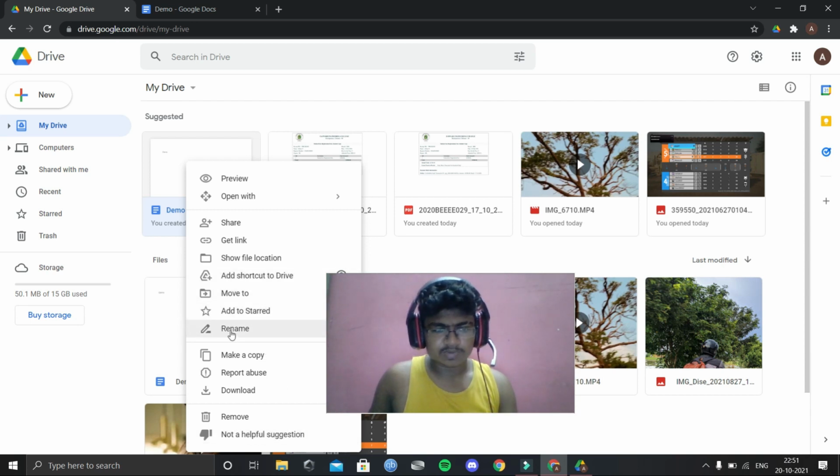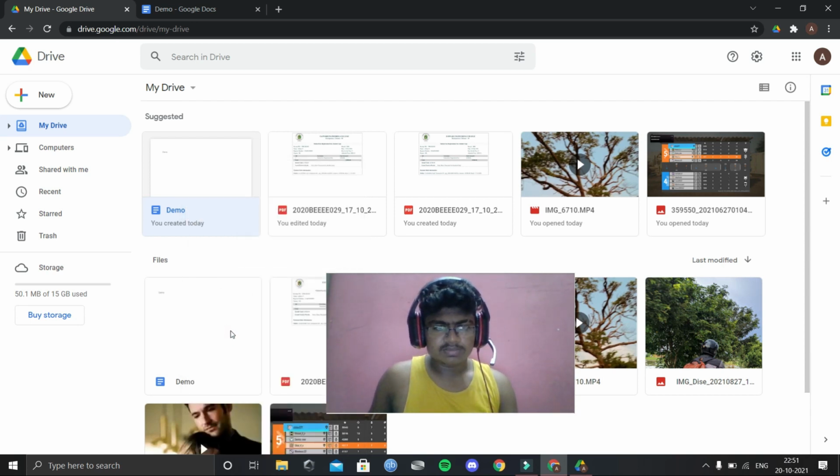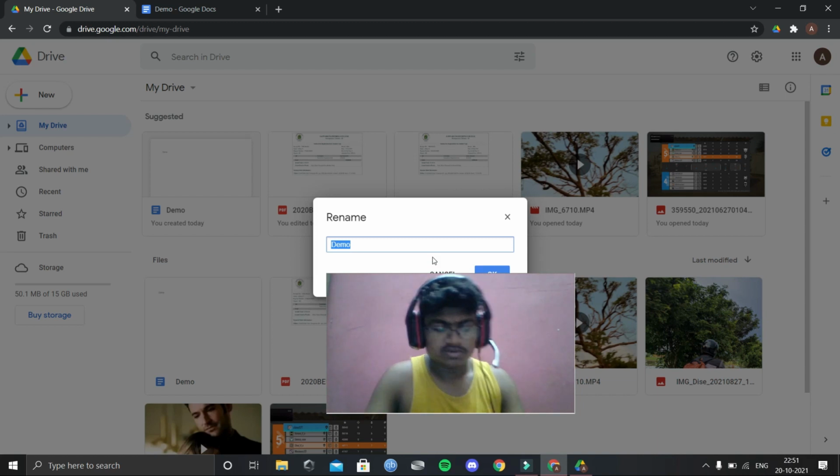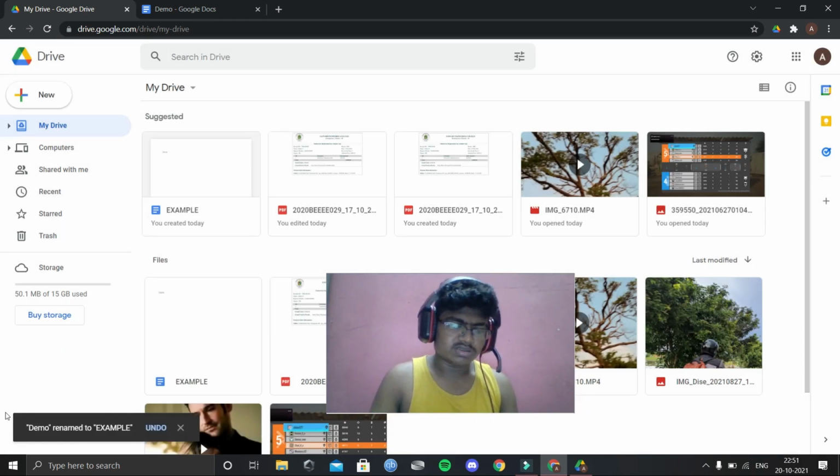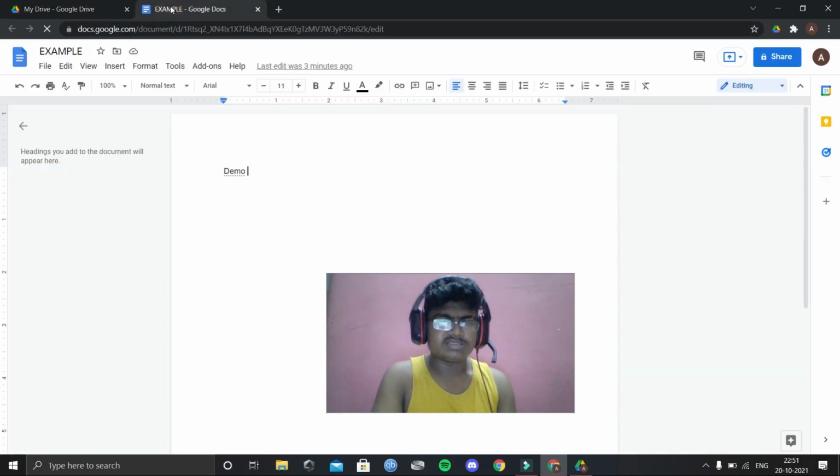You can click on rename over here and rename your file to example. Just click OK and you can see the option working, and the file name is changed to example. And if I go back, the file name demo is changed to example here too, and every moment is saved to the